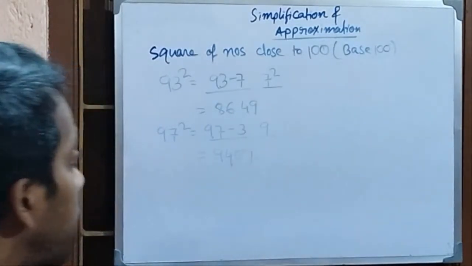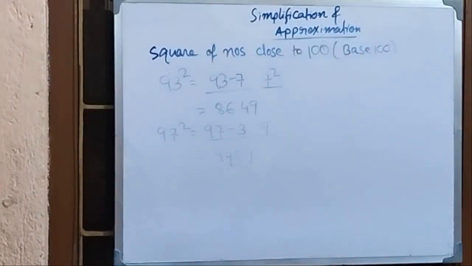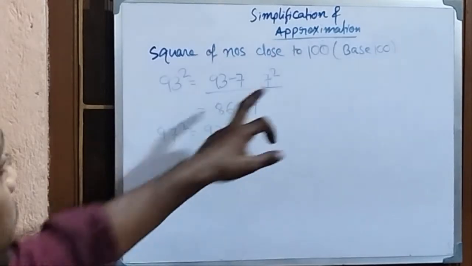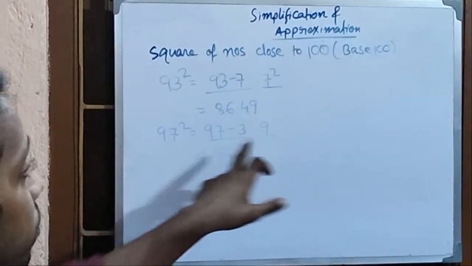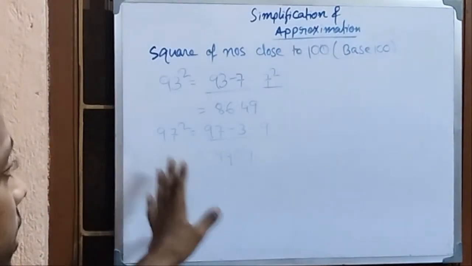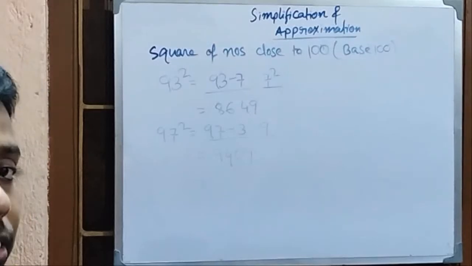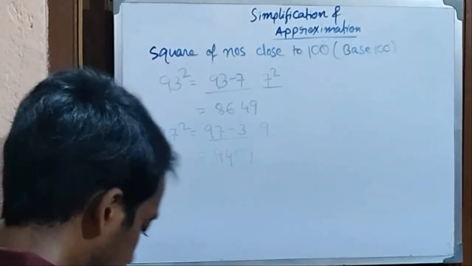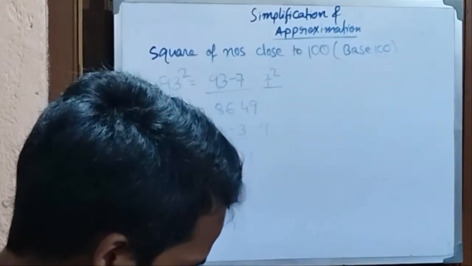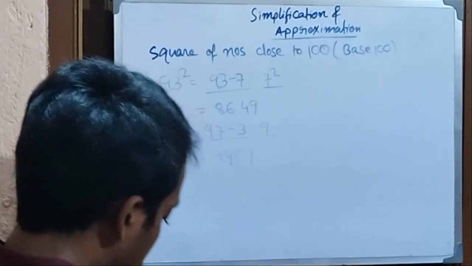Now we will move to some higher order. Higher order means that the square of this term, here 7 square, here 3 square, I will take such a value that the square of that particular term would be of higher order. Tell me some such number. What number should I take?